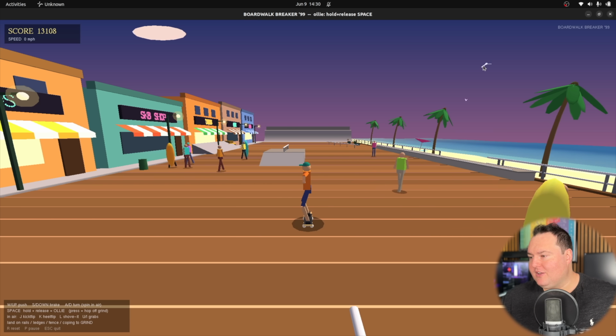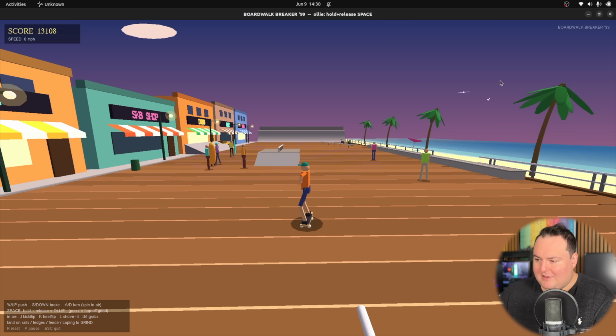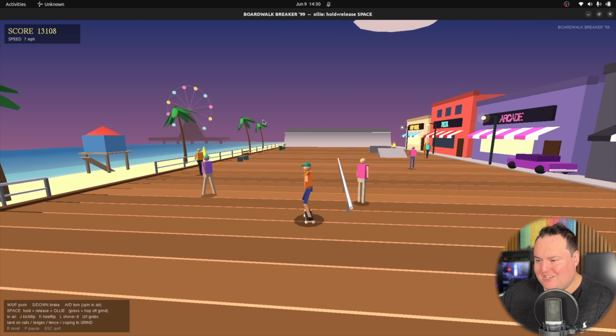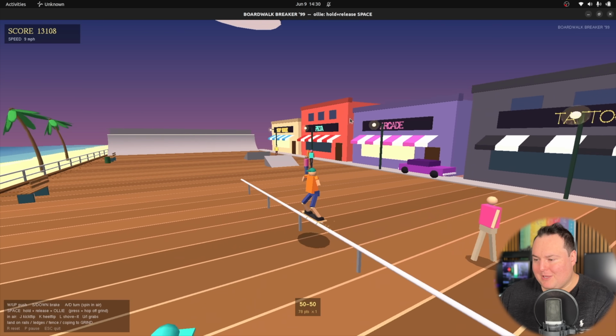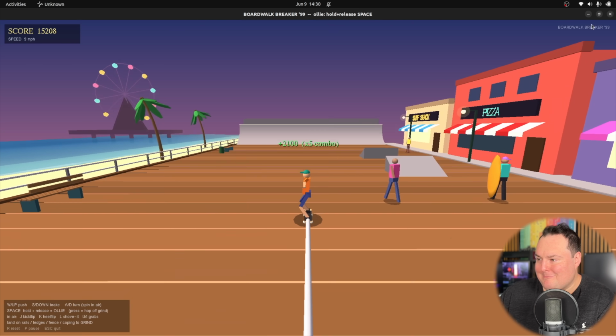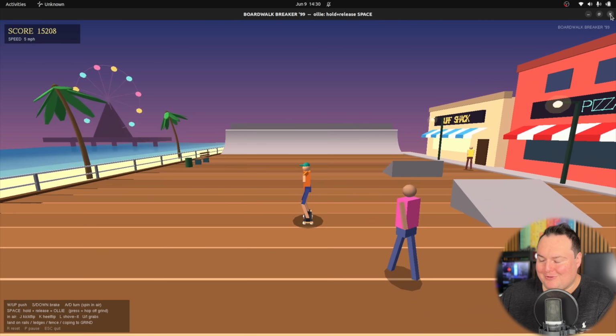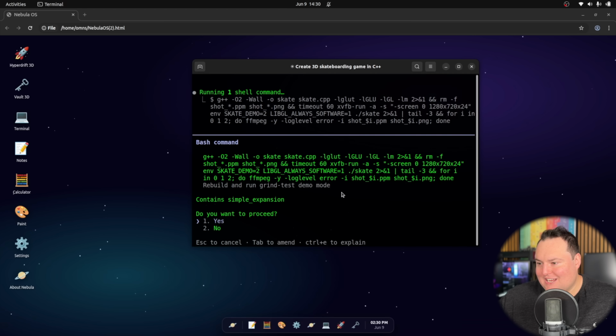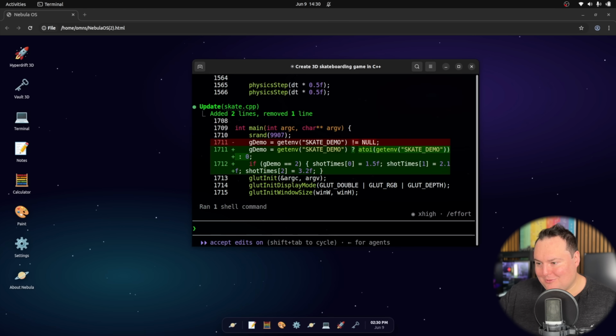Look at the birds. Look at, I mean, this is the Ferris wheel on the boardwalk down there. Towel on the beach. This model might actually be able to make GTA 6. There's always like the meme, make GTA 6. Actually, no, it would, I mean, I have to blur that out. All right. Do you want to proceed? No, you're done. This was the best result I've received probably ever.